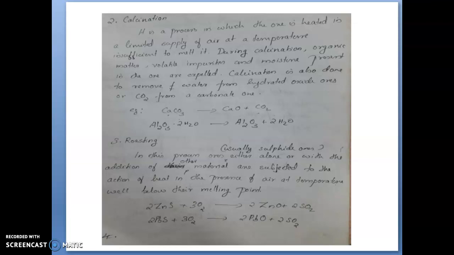In this method, another metal which is more electropositive is added to the metal ore, and that electropositive metal will displace the metal which has to be extracted and form its own compound. The example here is cadmium metal, which we have to separate from cadmium sulfate. In that case zinc is applied; it is more electropositive than cadmium and will form zinc sulfate and cadmium. The next method is reduction by thermal decomposition.